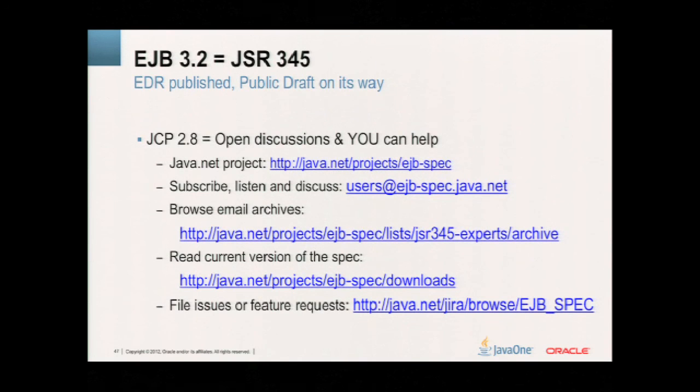So EJB 3.2 is work in progress. It's JSR 345, easy to remember. EDR is published on the JCP side, but because we are under JCP 2.8 rules, we have everything in the open. You can subscribe and tell us your opinion on anything. The users alias receives a copy of all expert group discussions. You can search the archive. You can file issues,